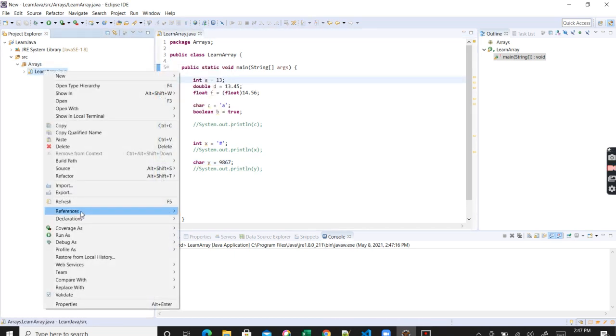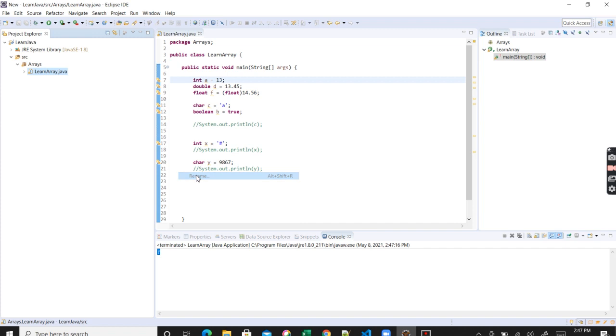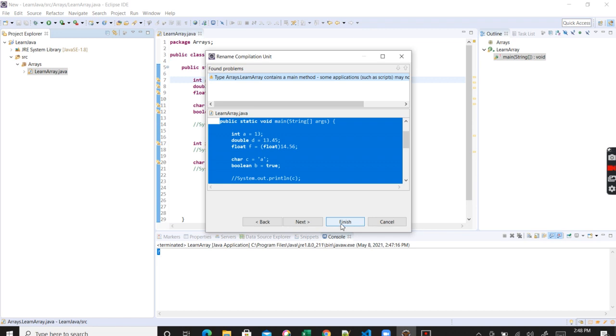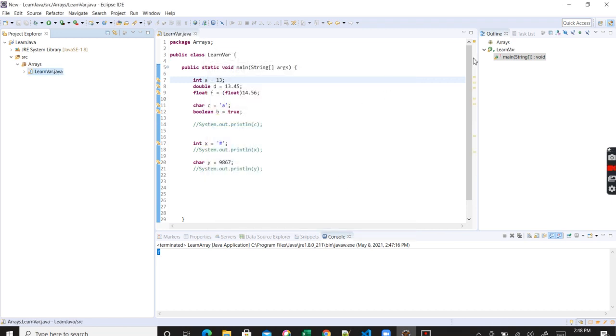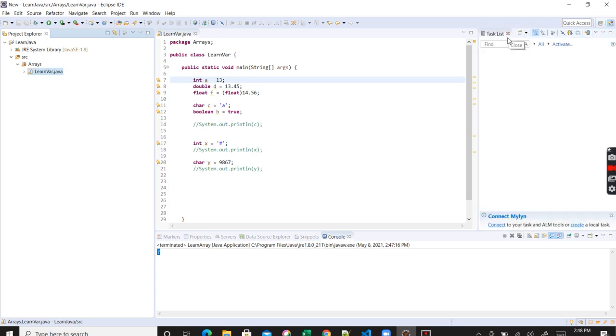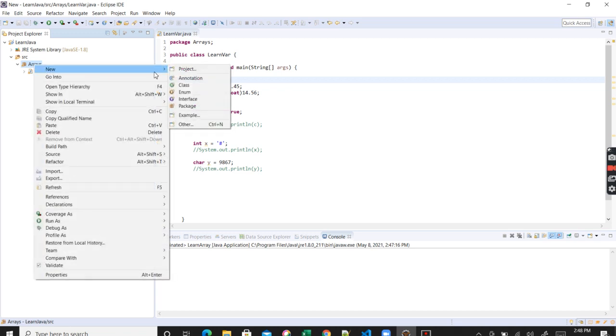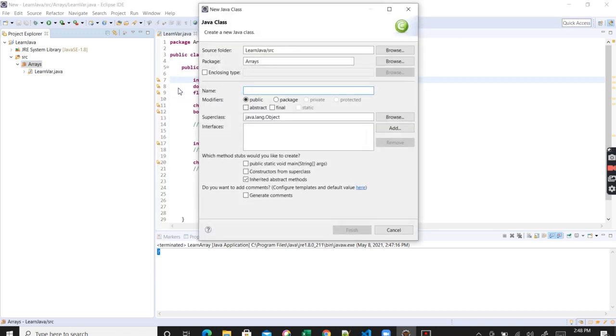So I will change this class name to learn variable. Okay, perfect. Now I will create a new class with learn arrays.